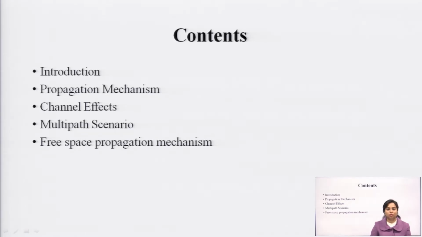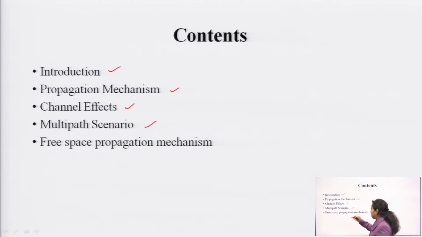It means it is not always possible that a line of sight exists between the transmitter and receiver, because the signal will undergo multipath propagation. Various propagation effects will change the characteristics of the signal, and that is known as multipath propagation. So, in channel modeling, we will discuss the introduction, what channel modeling is and how we are going to model the channel, then the propagation mechanism and channel effects. There are various effects that will change the characteristics of the signal that travels over the channel.